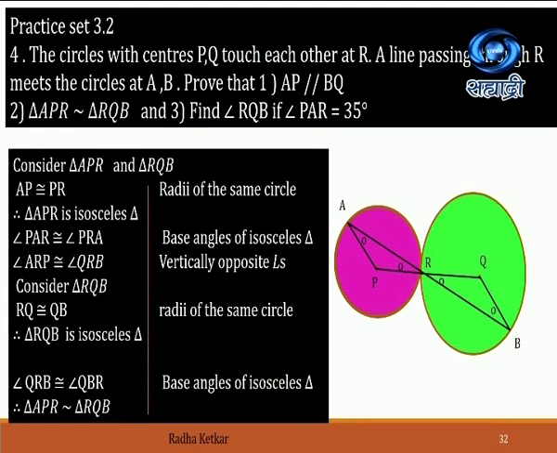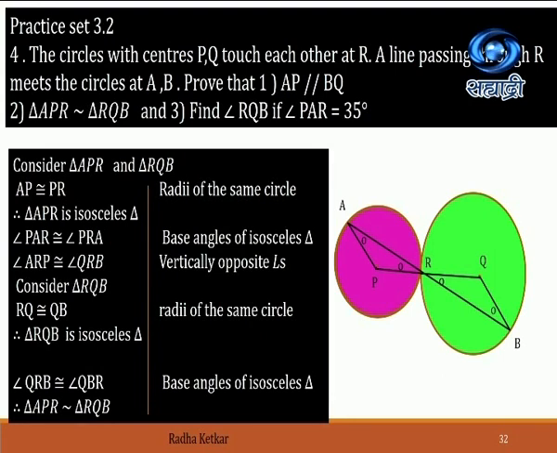If you are saying that these two triangles are similar by the AAA test, then you will have to prove it for the angle at P and the angle at Q also. Obviously they are the remaining angles of the triangle, so their measures are also going to be the same. But if you are using AAA, then you will have to prove that angle P is congruent to angle Q. Otherwise, you can just make use of the AA test. By the AA test, you can say that the two triangles are similar.